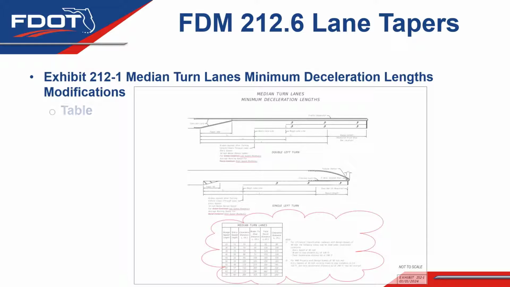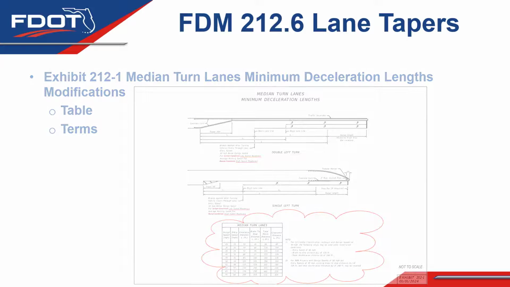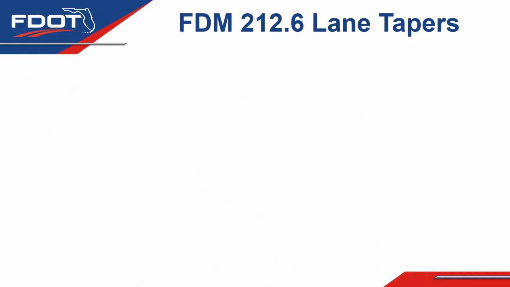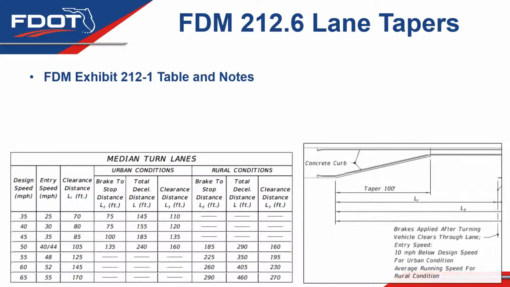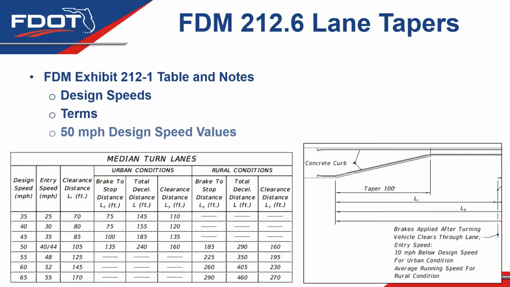In the lane taper section, the table for median turn lanes and some terms in Exhibit 212-1 were updated. This table had not been modified for some time and needed some updates for design speeds, terms, and conditions. The design speeds provided in the old table did not include all of the speeds within the design speed ranges